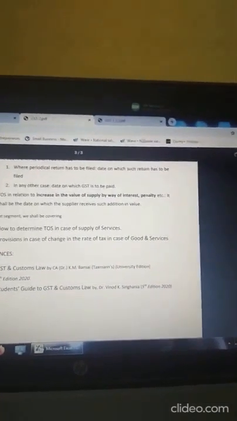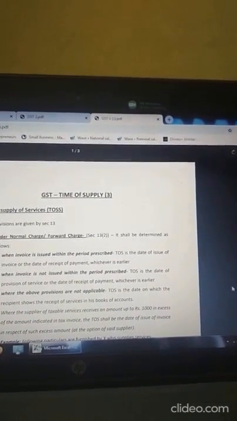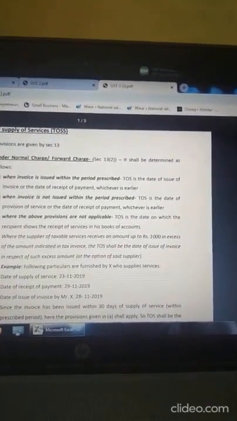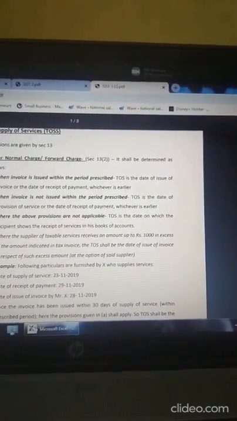So now we will do the time of supply of services. Time of supply of services under the normal charge will be the earliest of the following dates when the invoice is issued within the period prescribed, when invoices